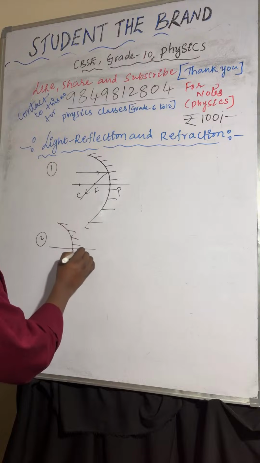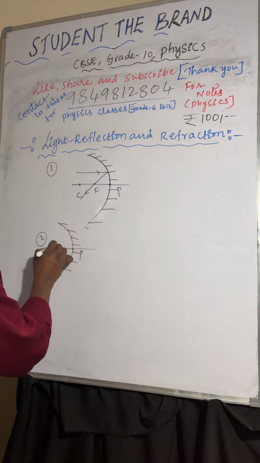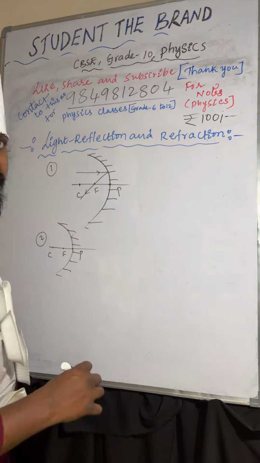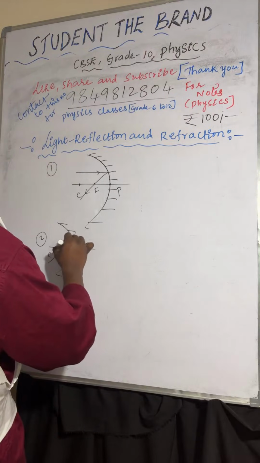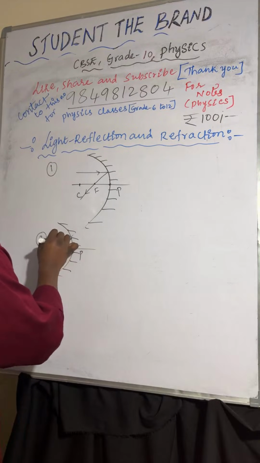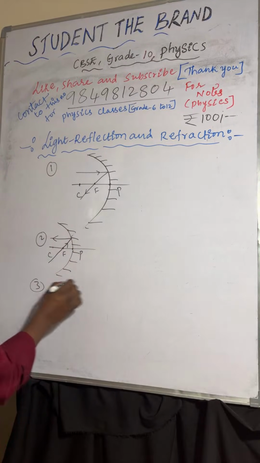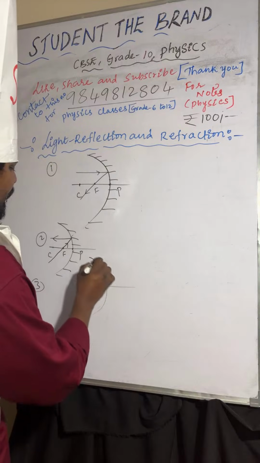Coming to the second one: a light ray passing through focus, with pole, focus, center of curvature. After reflection it moves towards infinity. Third one, light ray is passing